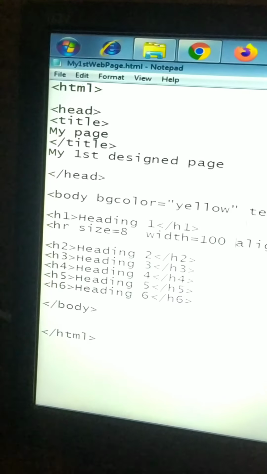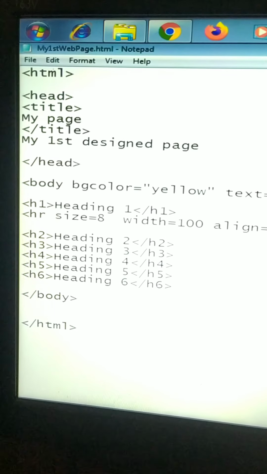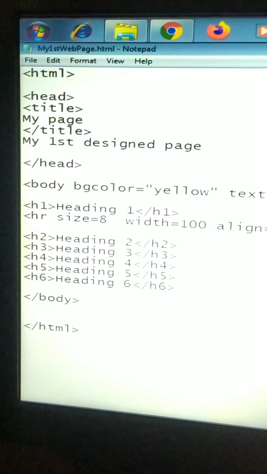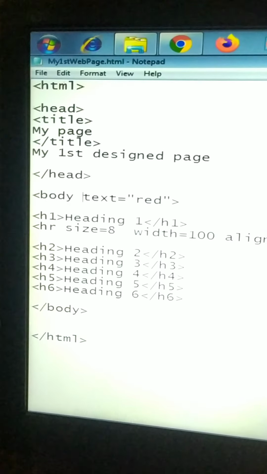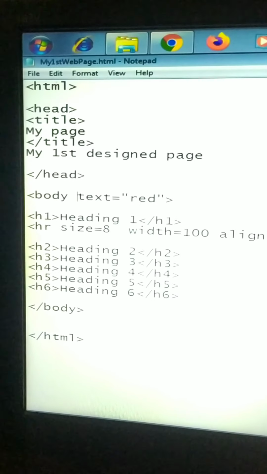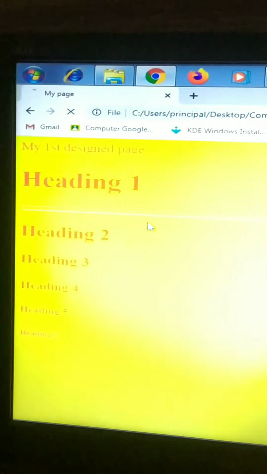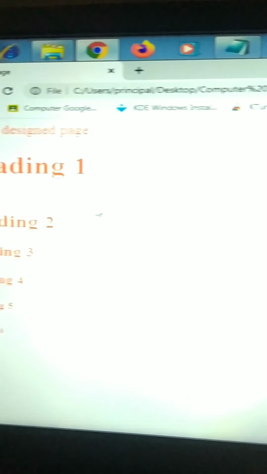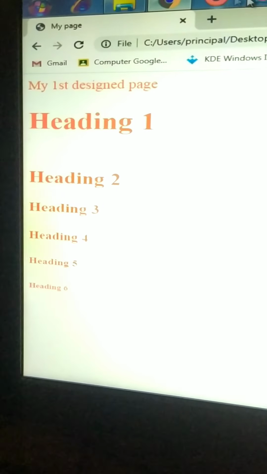Now to know the difference clearly in the window, I'll just remove this background color. Because of this background color, it is not clearly visible in the video. And I will save this. Refresh the web page. Over here, I think it's because of the brightness, it's not visible.